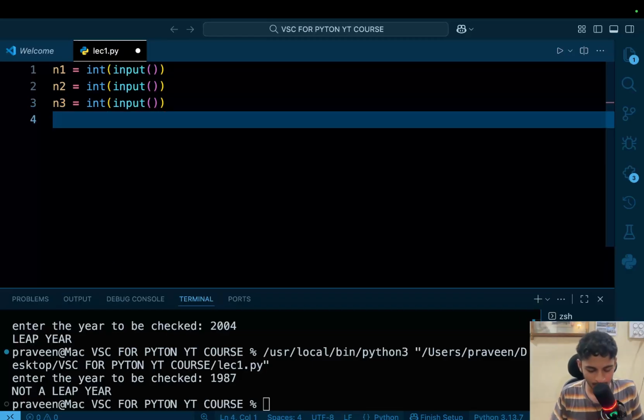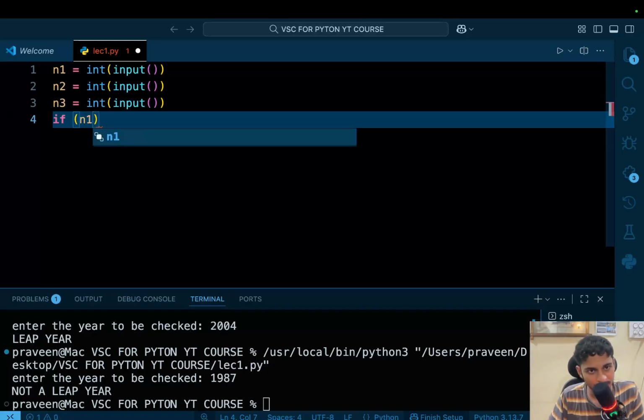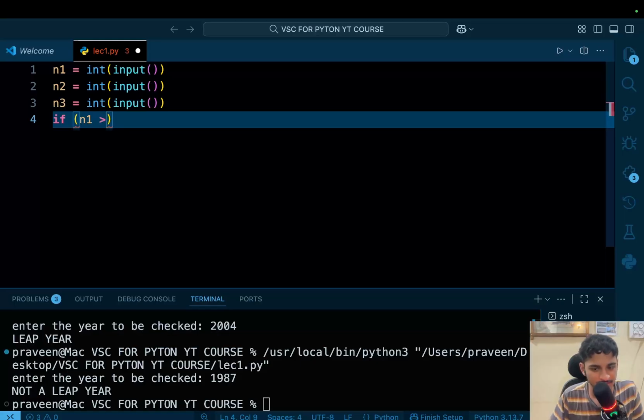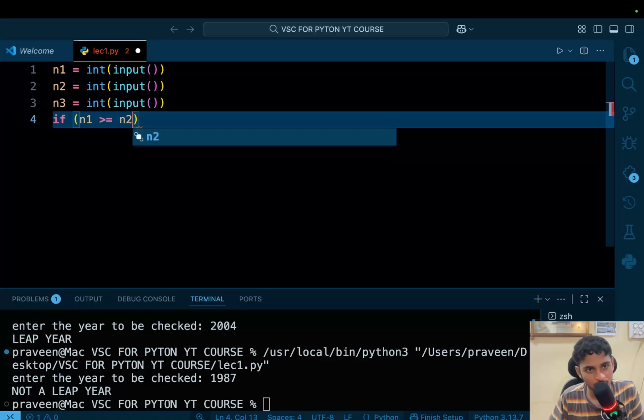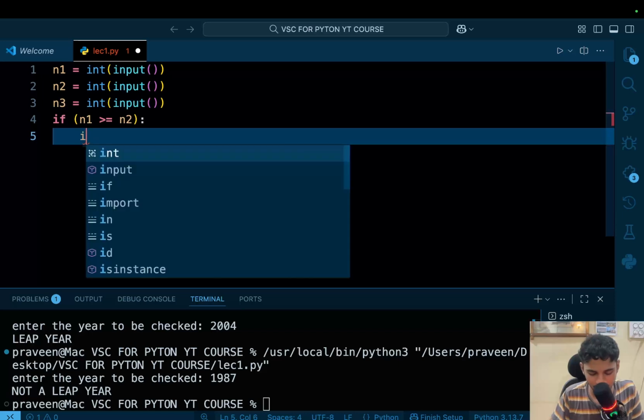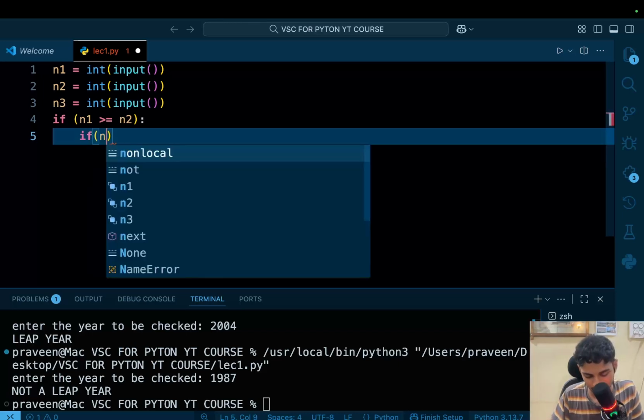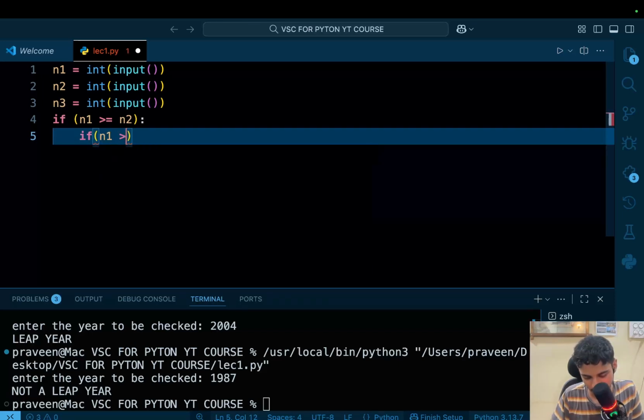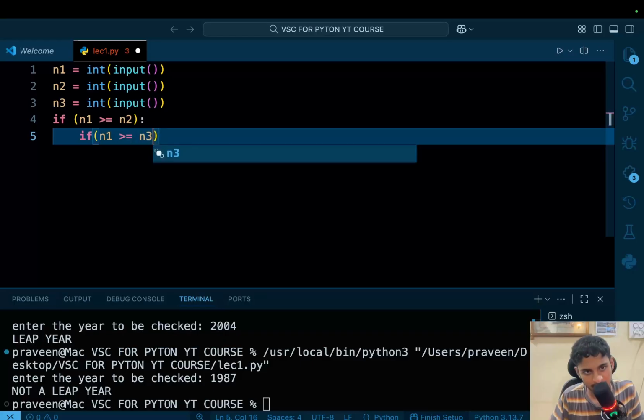Now we need to write a condition. If n1 is greater than or equal to n2, so this number will be greater than this number, and if n1 is greater than or equal to n3,